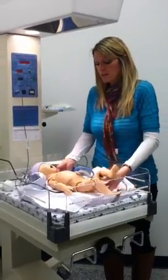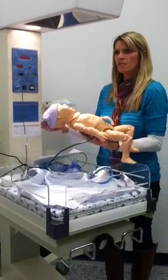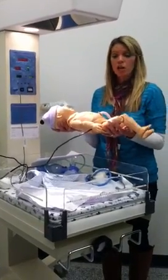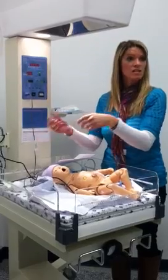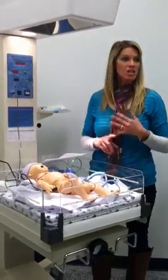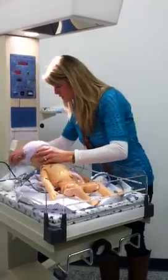Okay, if you've got a baby on a scale, can I measure the baby like this? No, I need the hat off, right? Babies need to be totally naked. Or if they already have a whole bunch of tubes on them because they weren't breathing, you need to weigh the baby and then you'll need to weigh the tubes and things like that so you know the exact weight of the baby. Why do we have to be so careful with the weight of the baby? Because medications and everything like that is based on weight and height. Okay, so then you've got